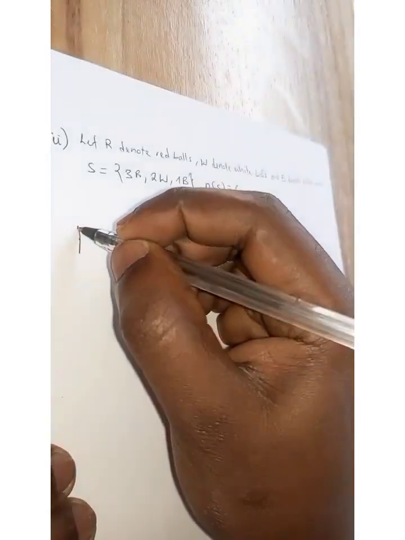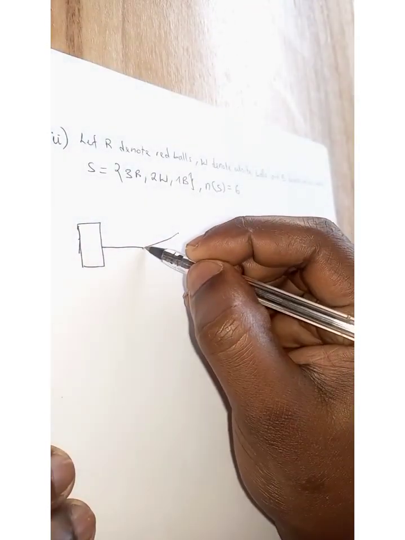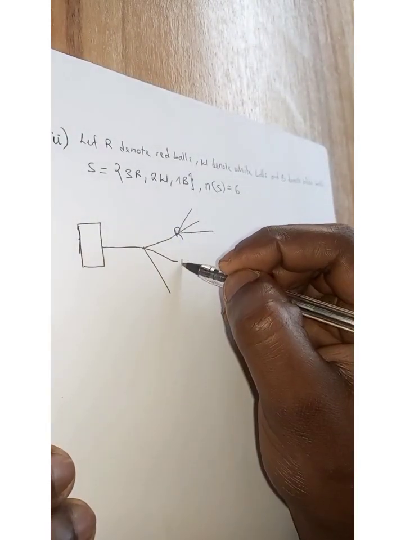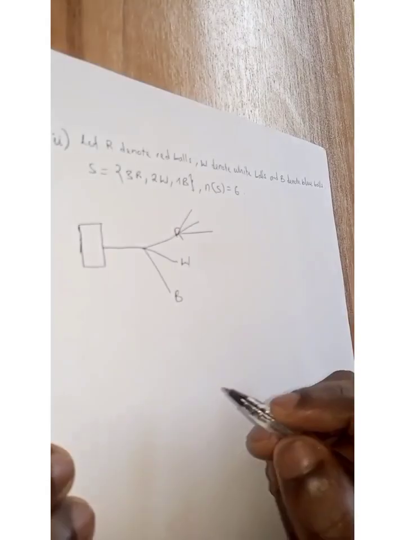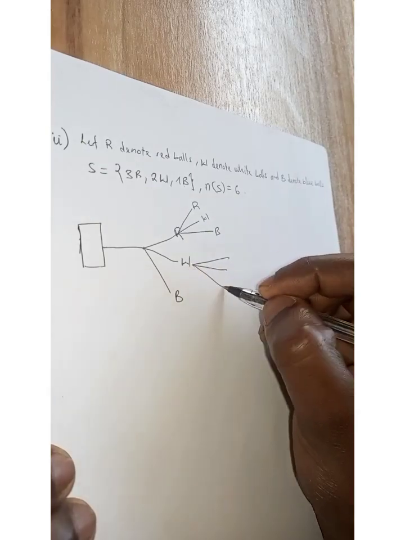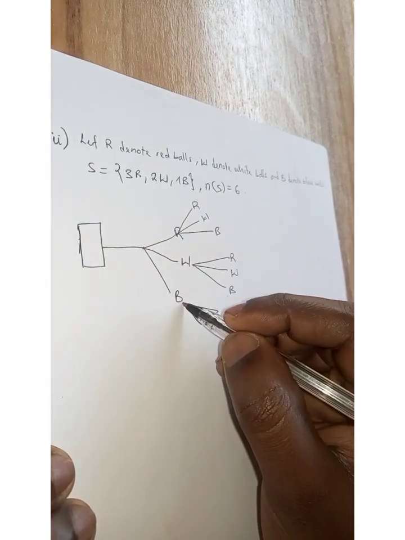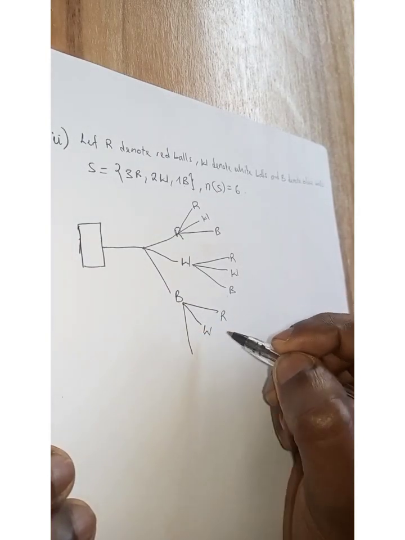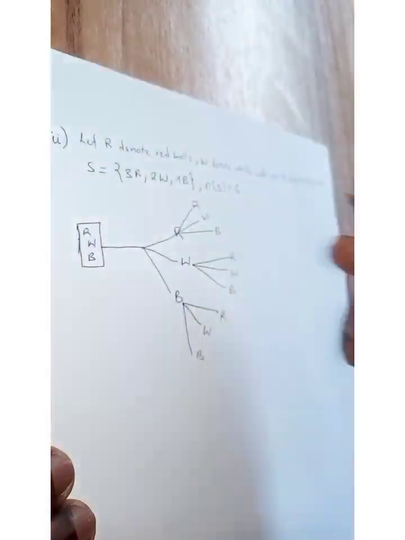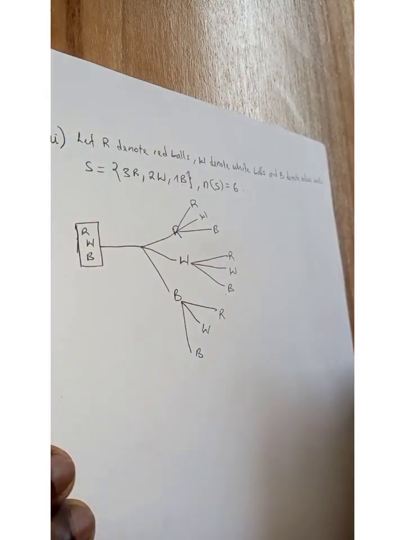So, our tree diagram now. I have this, this, this, this. So I can put red here, white here, and blue here. This will be red, white, blue. The same here, red, white, blue. And here, red, white, blue. Now, this is our tree diagram, but it's not yet complete since we have not yet represented the probability of